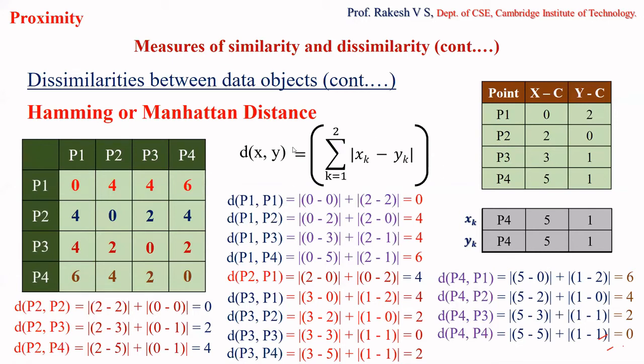So when I put it into this formula, for P1, P2, P3, P4, at a time I'm going to consider 2 points. I will be having 2 attributes, and the attribute values are nothing but the x coordinate values and y coordinate values. Be careful. In the exam, students sometimes make the mistake of taking this as the xk value and this as the yk value. No, it is not. We have to consider it in this fashion. So please do remember that. That is why I have mentioned clearly here, xk is nothing but the first point, and yk is nothing but the second point. Be careful, students.